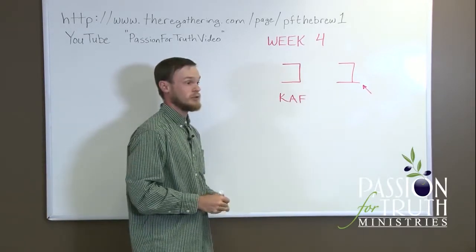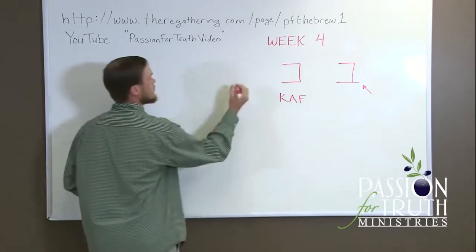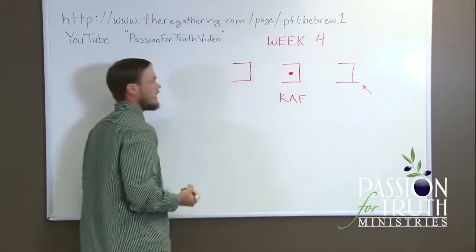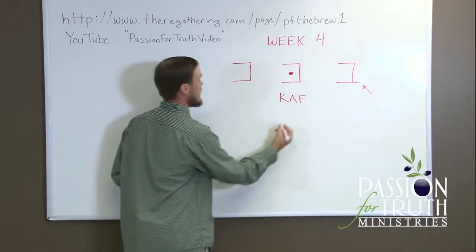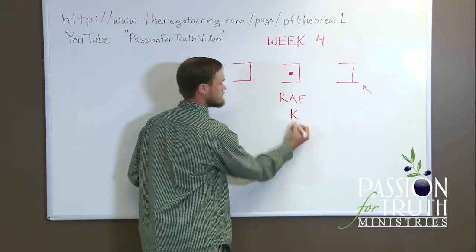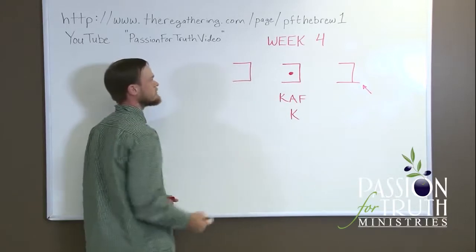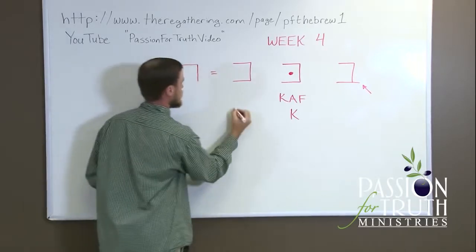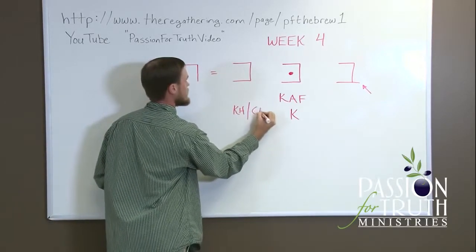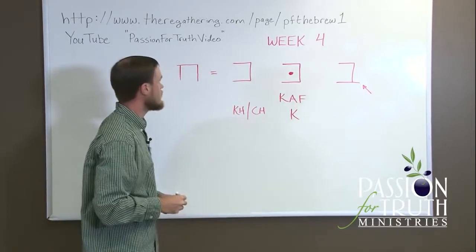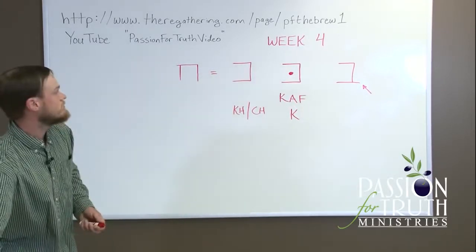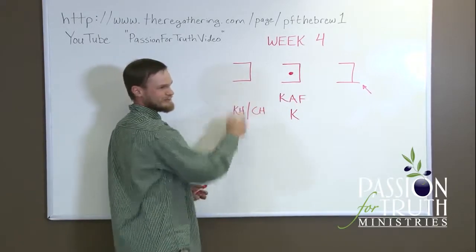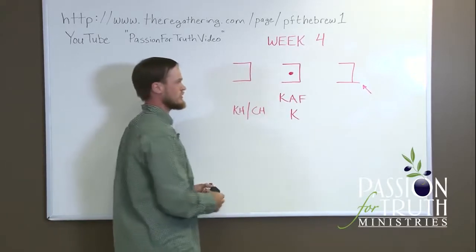Like the Beit, the Kaf can make two different sounds. So there's a Kaf with a dagesh and a Kaf without a dagesh. With a dagesh, the Kaf makes the sound of the letter K. Without the dagesh, the Kaf makes the same sound as the Chet, which you can write KH or CH. Cha. So there's Kaf and Chaf, as it were, but they are the same letter,